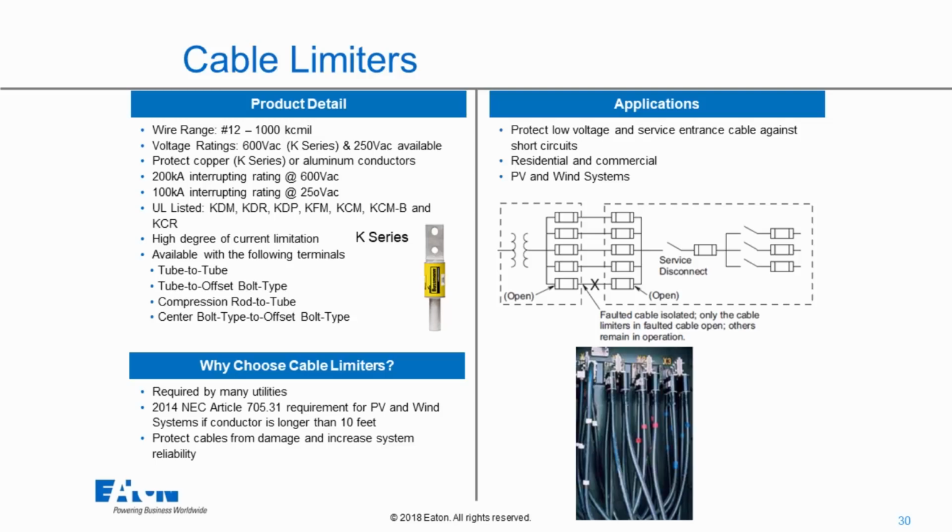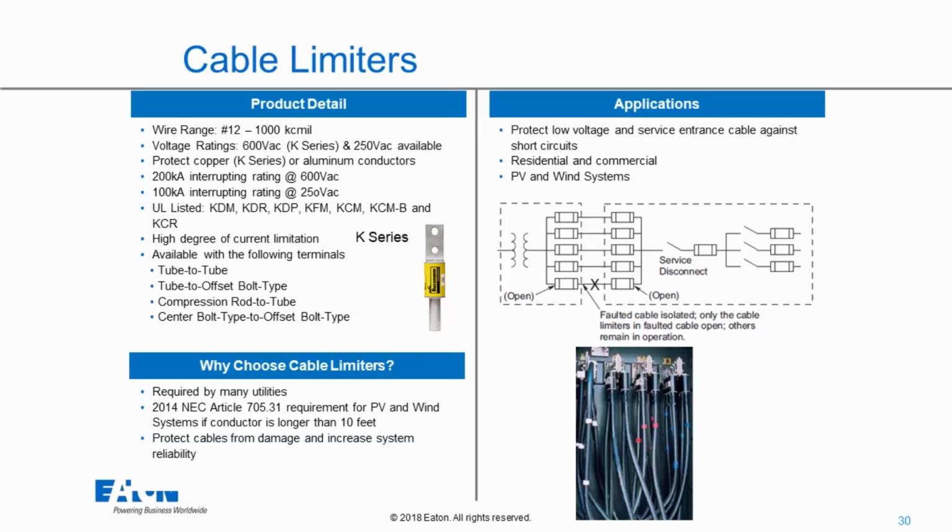Well, if any one of those conductors fails, I want to make sure that I just take that one conductor offline and I've got the other 7 available. So a cable limiter will do that. It will also limit any catastrophic failures, because what you don't want is a situation where I have one cable that has failed and now it heats up,